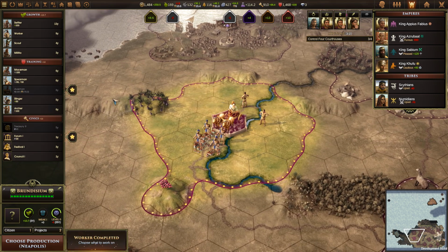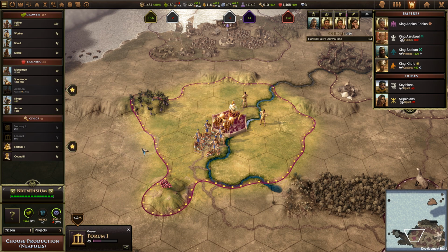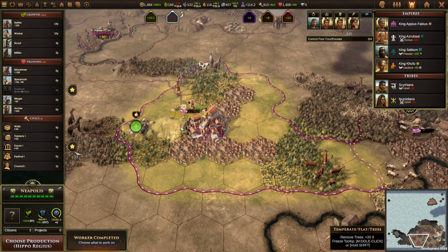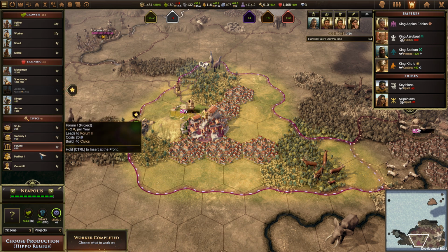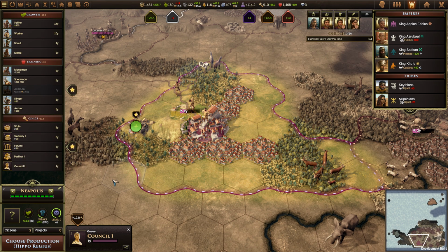Let's see what Brundisium can do. We'll go ahead and build a forum. Just going to take 3 years. Neapolis can build walls, but let's do another council first. Some additional civics. I mean, we have plenty of civics, but something about that just taking 1 turn makes it